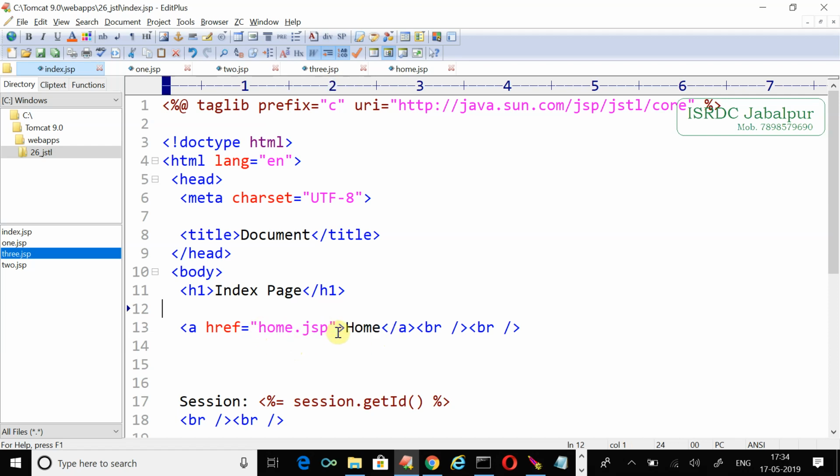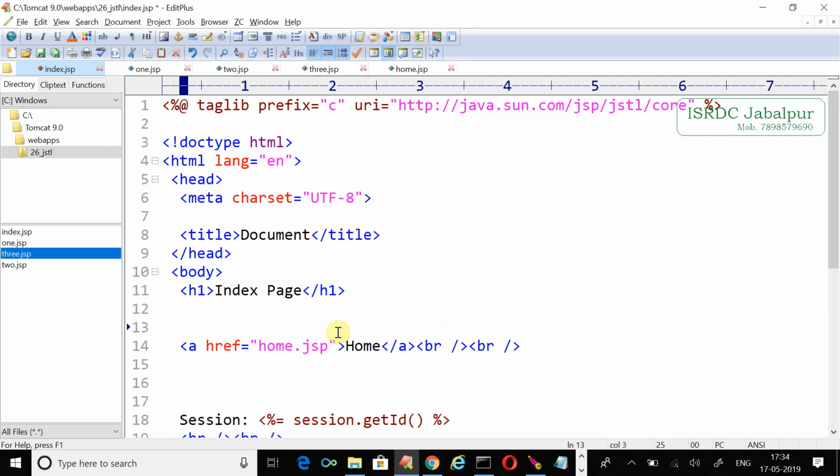So how will you encode this URL? You have a simple thing. You know the c:url tag, which we learned in the previous lecture. Inside the c:url, we learned to use the value attribute and just supply home.jsp. This will encode your URL. So we will just write this c:url inside the href. Okay, and wrap it with single quotes, because we are already sitting inside the double quotes,